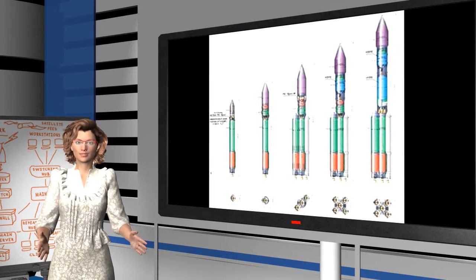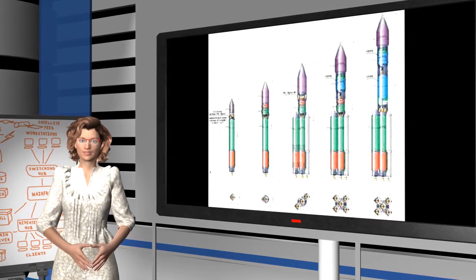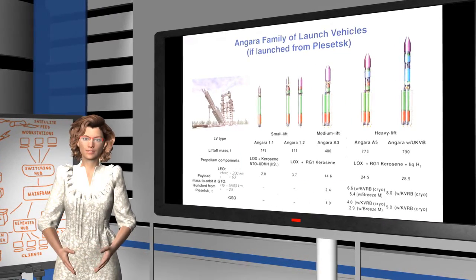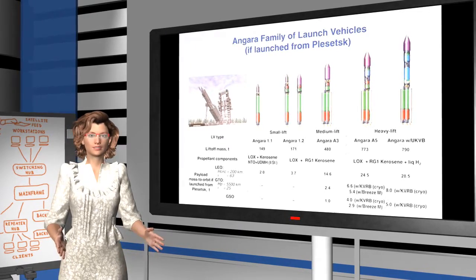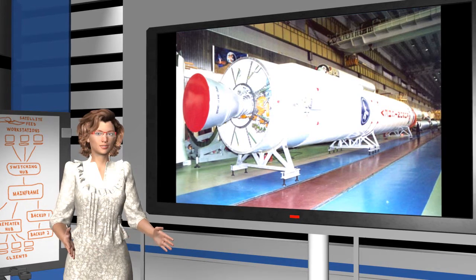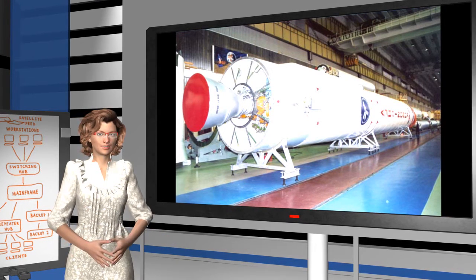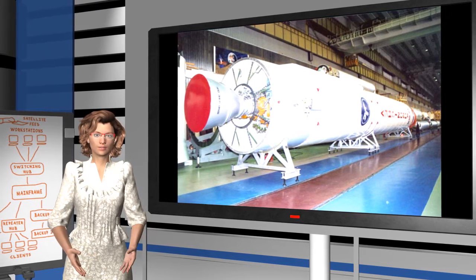The Angara system is built around a core rocket module that can launch on its own for small payloads or be clustered with multiple modules to provide sufficient power to put as much as 37 metric tons into space. The propulsion system uses liquid oxygen and kerosene, a much cleaner combination than the toxic propellants used for the Proton